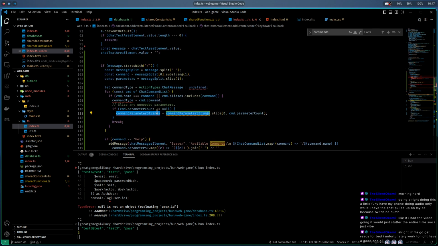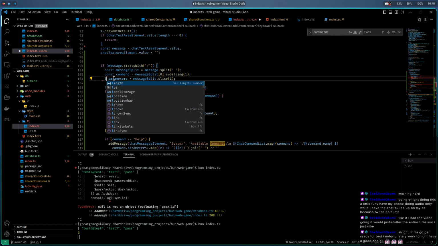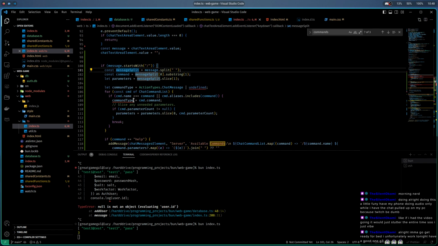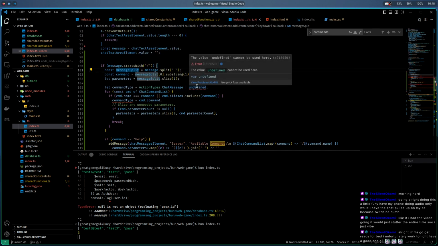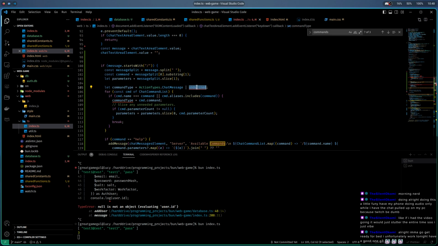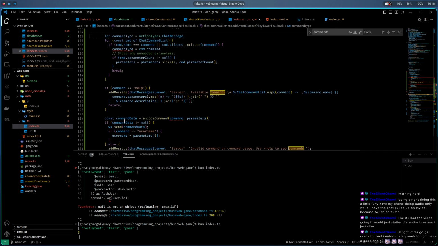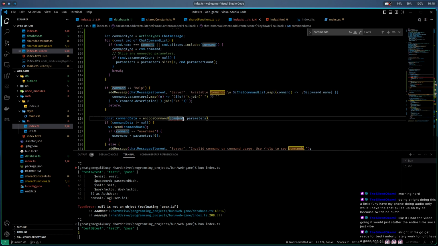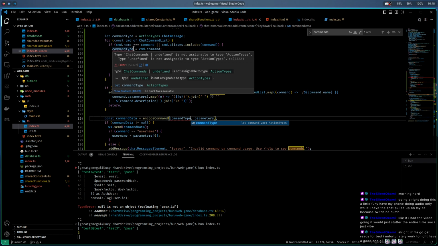And then what I really want to do is instead do parameters here. Make parameters a let. Okay, so the problem here is that